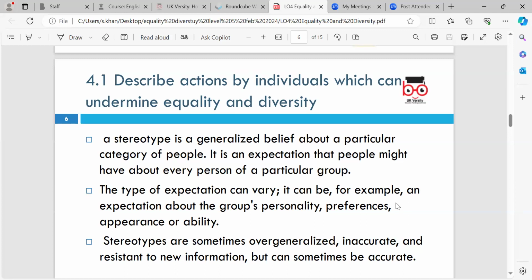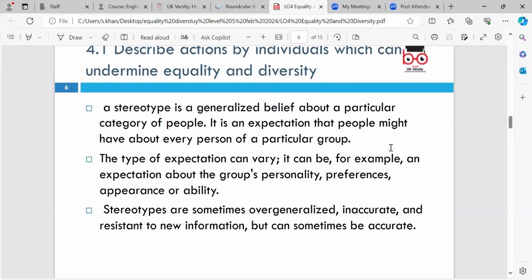It's an opinion of a group which can be false, and it can be about a majority or minority. You can have positive stereotyping as well as negative stereotyping. Can you give me an example of where, like I said, boys are naughty, girls are weak, some examples of stereotyping? Is there any other examples you can give me?